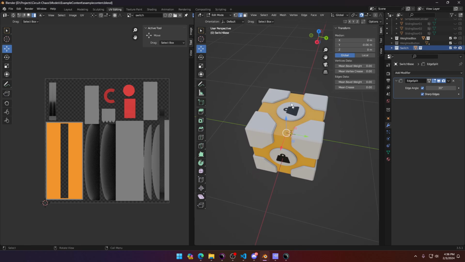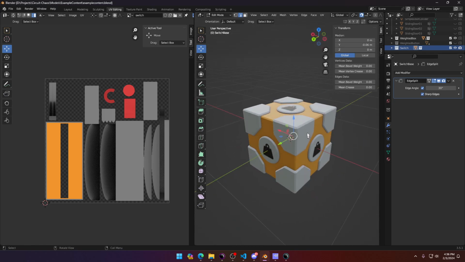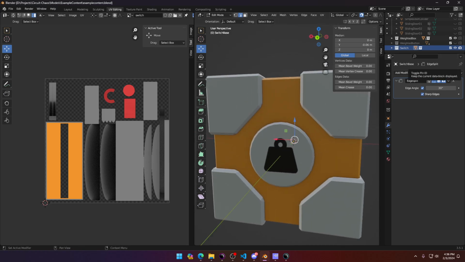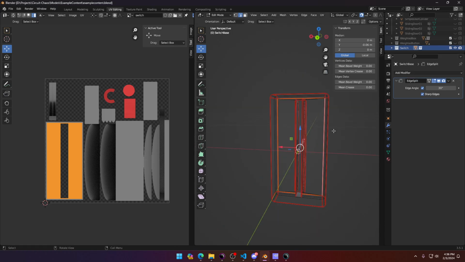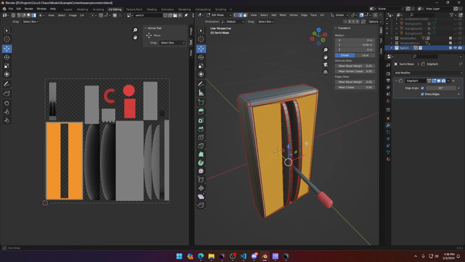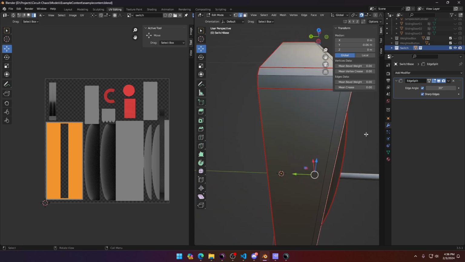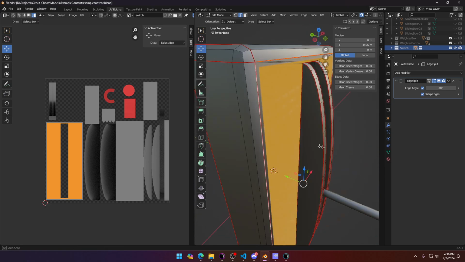I didn't want to make a separate UV for each icon here and each corner here. Every model you work on is going to be different, and you just have to think about how you're going to unwrap it. I kind of went in here and didn't think about how I was going to unwrap this, which was my mistake. But for the most part,